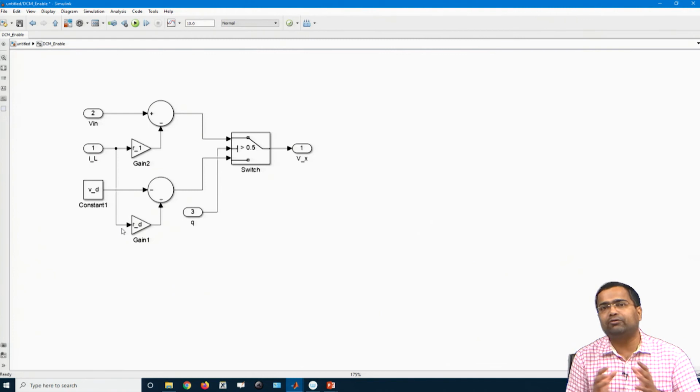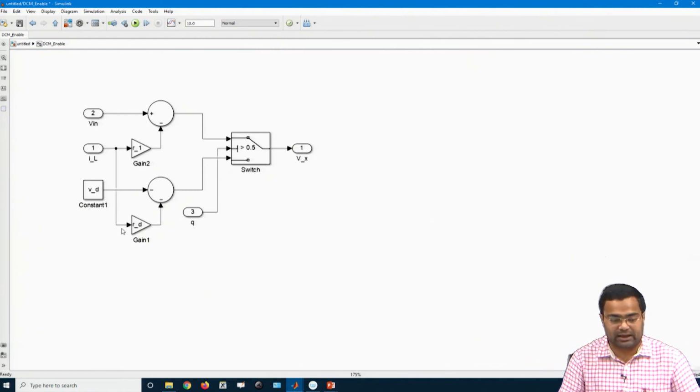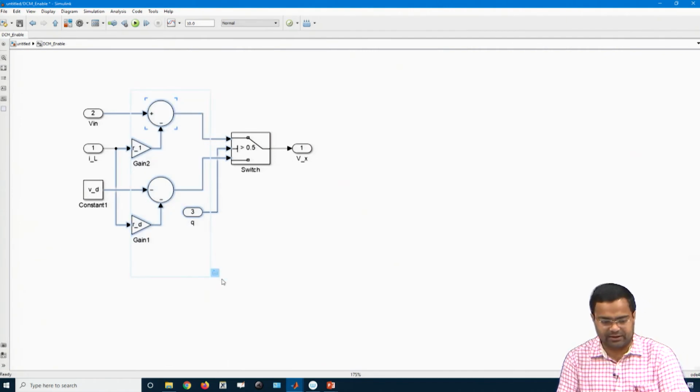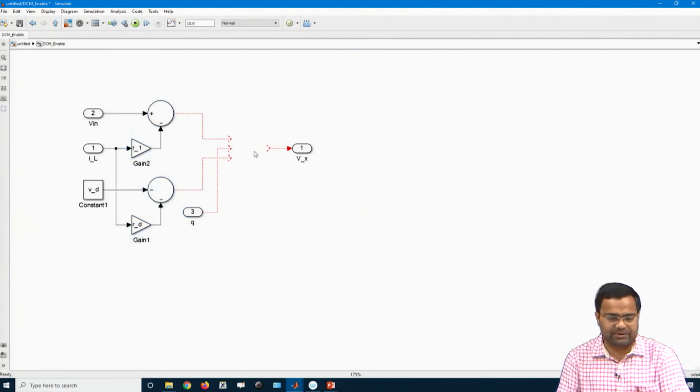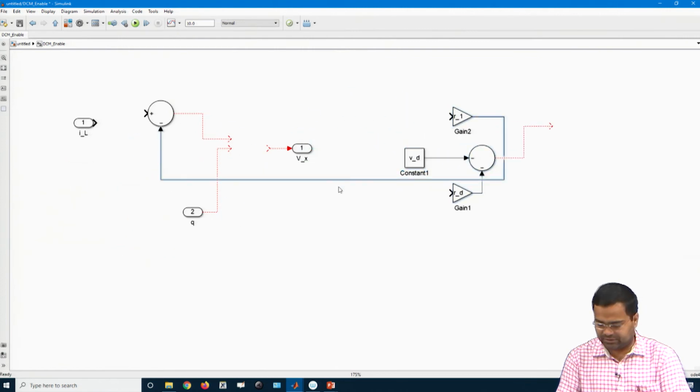What is the requirement here? We need to sense inductor current, and as I discussed, inductor current is there. I can remove all this stuff here, because I just copy-pasted it from the previous block. So we do not need input voltage here, we just need inductor current. We can keep this side, it is not required.